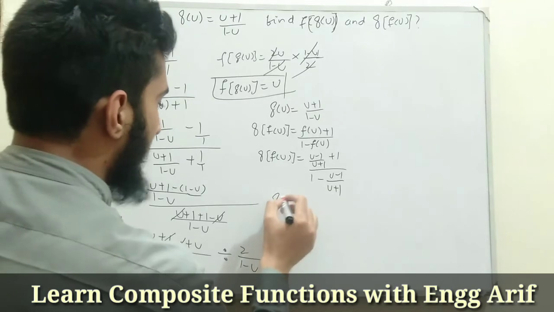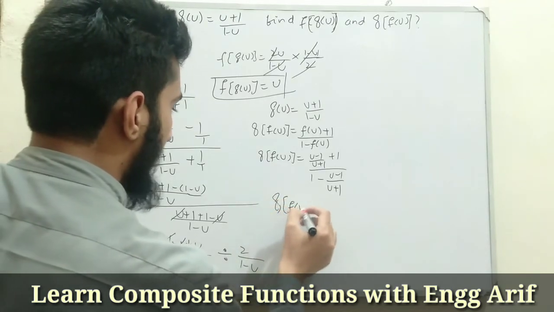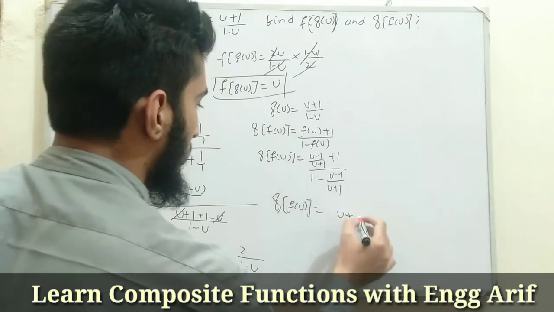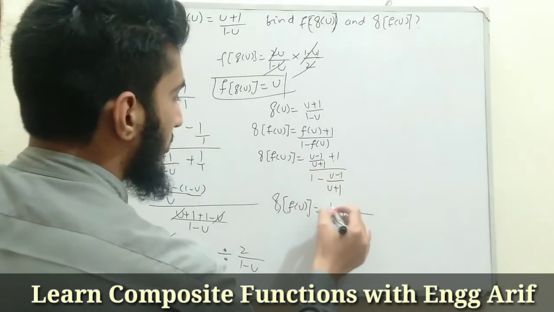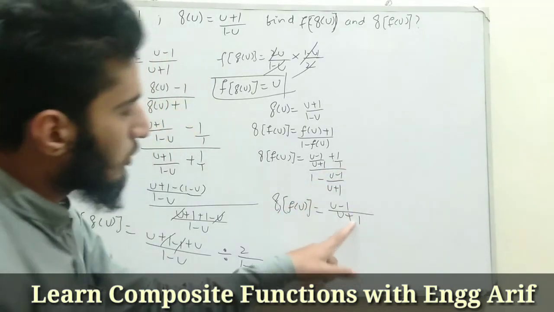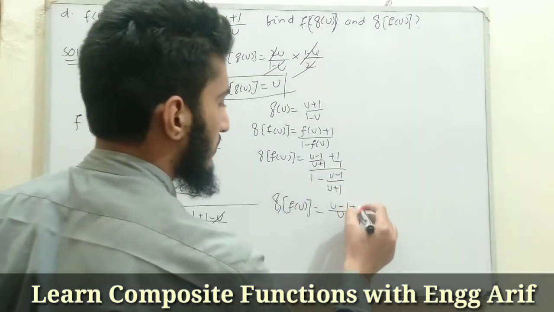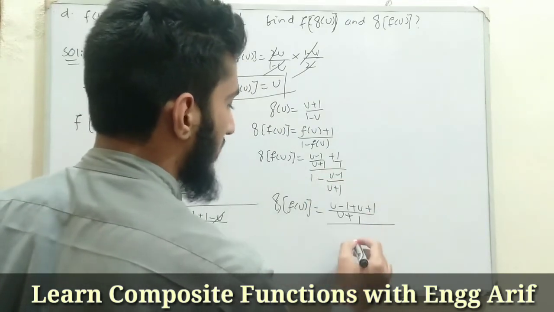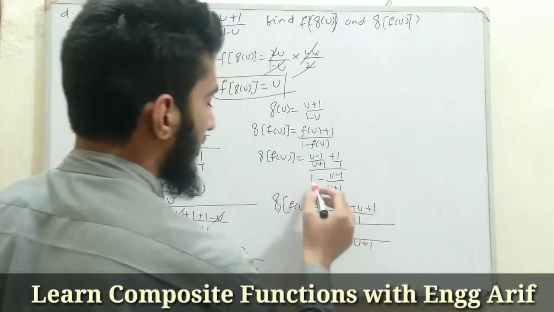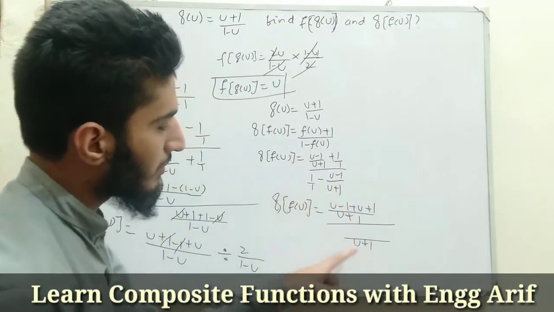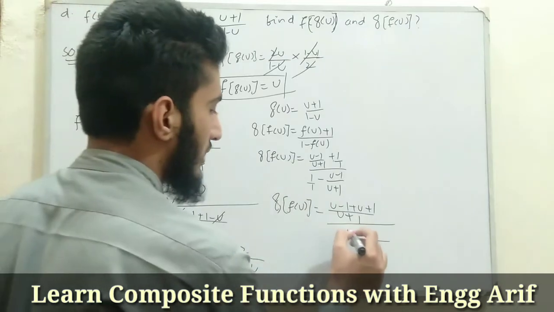Now after this g of f of u will be equal to, taking LCM over here, u plus 1, so u plus 1. In numerator we are left with u minus 1, here we have 1. So multiply 1 with u plus 1, multiply the same u plus 1 with 1, it becomes plus u plus 1. Here is the whole division, so here take u plus 1 LCM. In numerator we are here, I will take 1, so 1 multiplied by u plus 1 gives us u plus 1, multiply the same u plus 1 with 1, it gives us u plus 1.